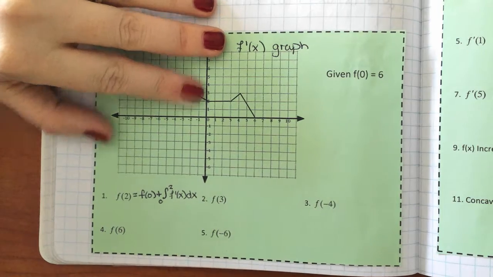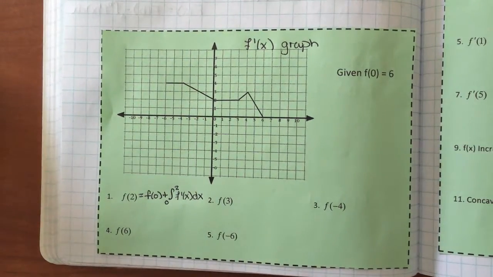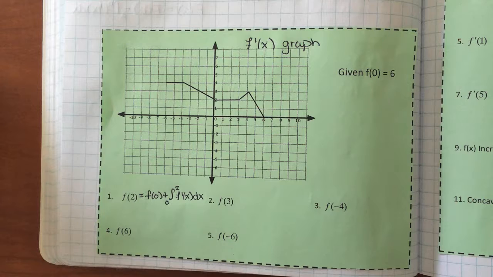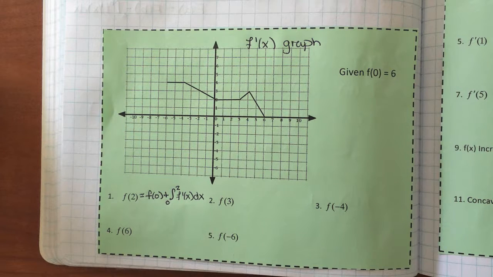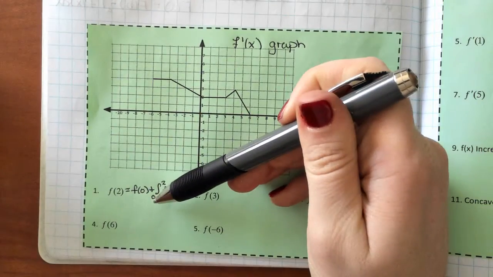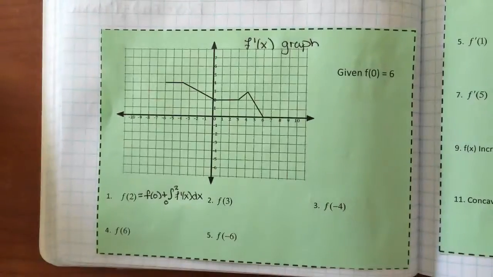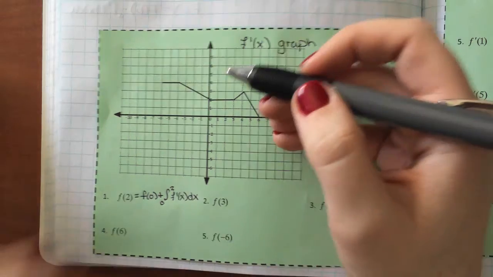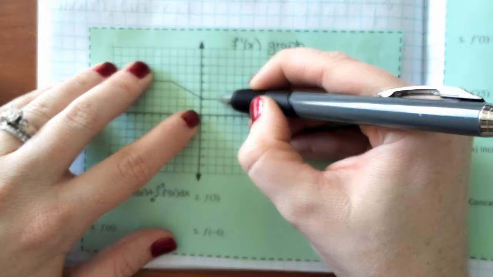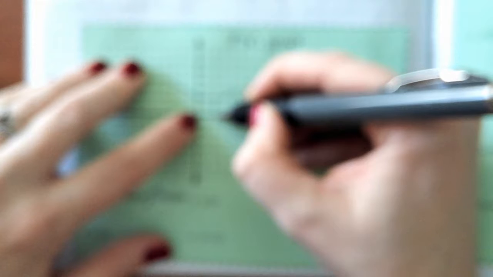Now, you guys are going to look at me and say, Ms. Seaman, they didn't give me the function, right? They didn't give you the f prime of x. They gave you a graph instead. And if we're remembering, what does this really mean if I integrate from 0 to 2? It's the area under the curve. So if I'm going from 0 to 2, and we're looking at this area right here, how much area is this from 0 to 2? This is 4. So we don't even have to do